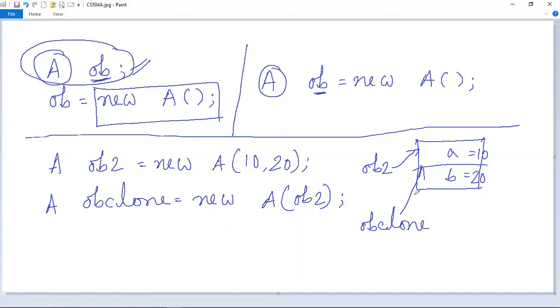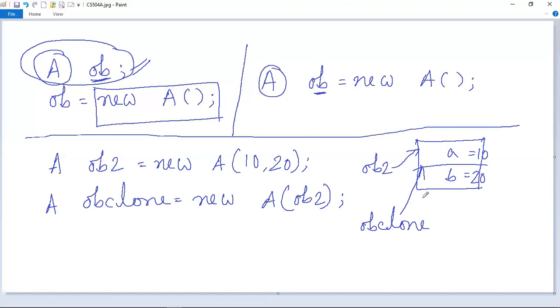And we all know that whenever an object is being created, a unique copy of the class members will come into it, and no two copies of two different objects will be same. That we have already discussed. But here, as we are passing the object OB2 itself as parameter to this constructor in order to create this object OB clone, OB clone is also pointing to the same object in memory.